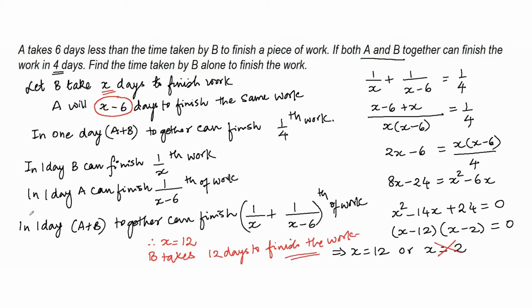I will pause for a few seconds before moving on to the next one. The important ideas used over here were the fraction of work done can definitely be added. So we first found the fraction of the work done by each one of them, and that could be equated to the fraction of the work done by them in one day. And also there exists a reciprocal relation between the number of days taken and the fraction of the work finished in one day. These are some of the important ideas.